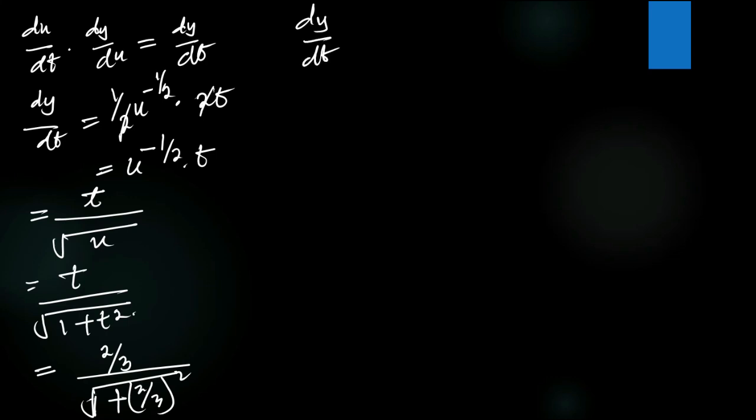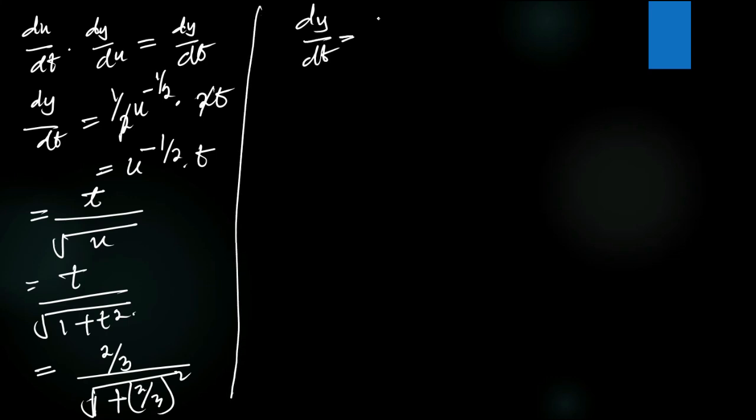That means I should be able to substitute 2 over 3 in this position. So this is the same thing as 2 over 3 over the square root of 1 plus t, and t is 2 over 3 again, all squared. So that my dy dt